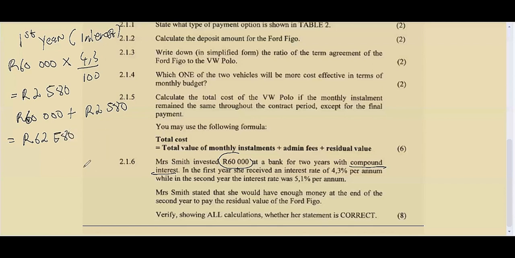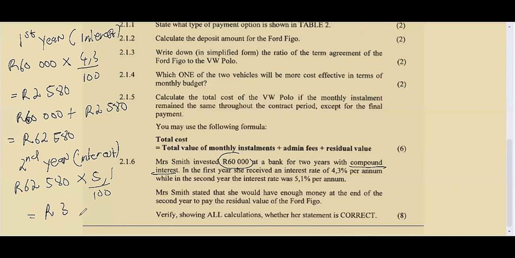62,580, right? Then for the second year, because this is compounded, we know that the interest in the second year would have to be accumulated from the total investment or investment value of the first year. Then the second year, we take this amount here, 62,580, multiply that by 5.1 over 100. Now, when we multiply that, we find that she will have an interest of 3,191.58,